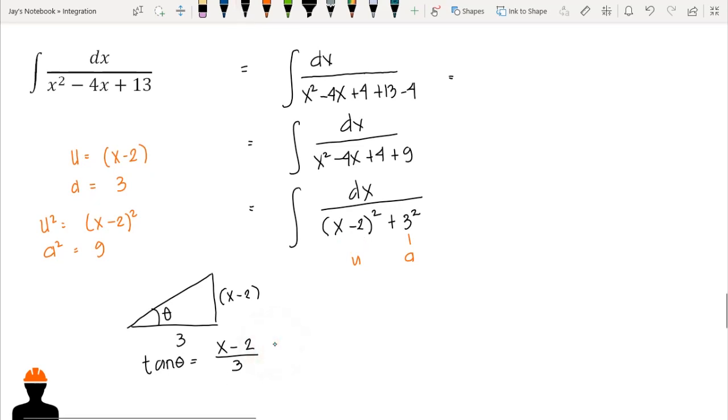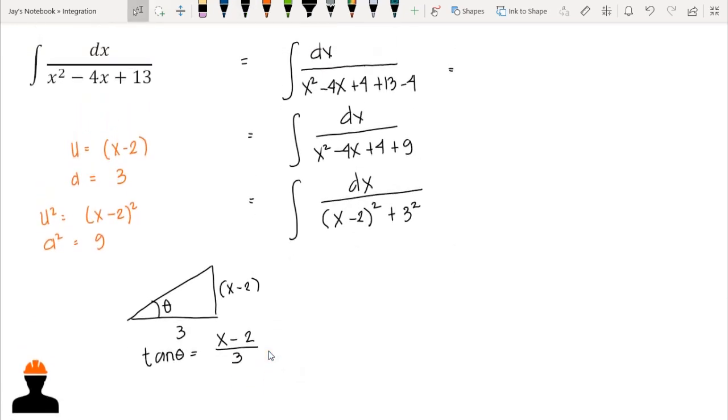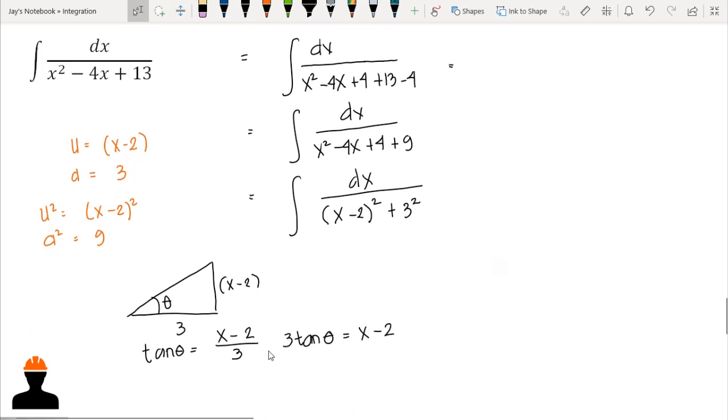So we can now change all x here into a trigonometric substitution. But take note, we have dx here, so we need to come up with the derivative of x. By further evaluation, we have 3 tangent of theta equal to x minus 2, correct? Or x is equal to 3 tangent of theta plus 2. So the derivative of x is equal to 3 secant squared theta d theta. Correct? So we substitute 3 secant squared theta d theta in our dx here. So we have our dx, that is 3 secant squared theta d theta